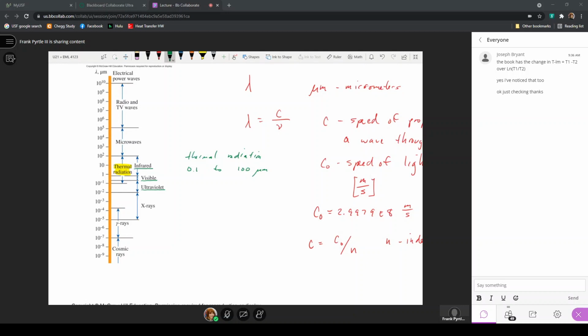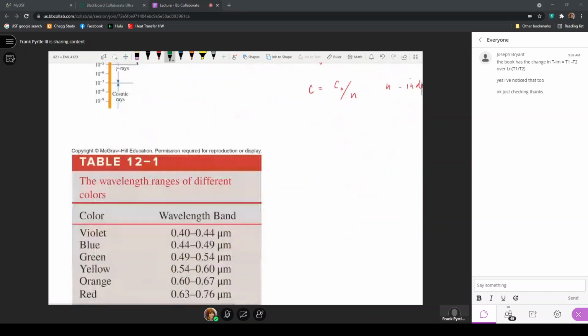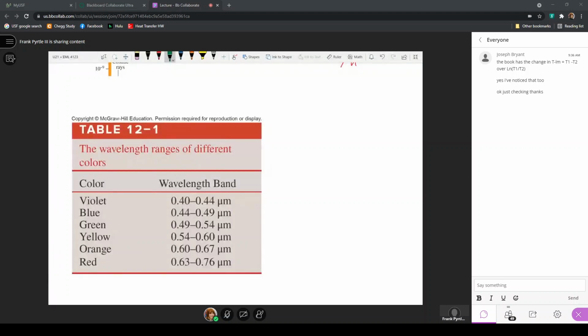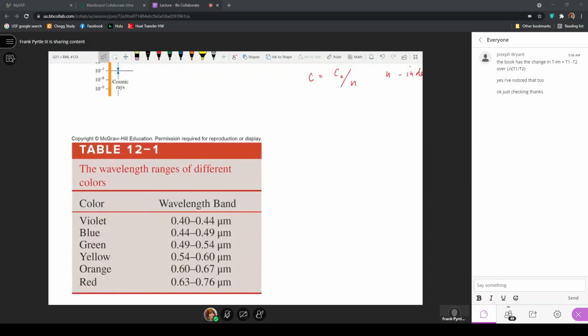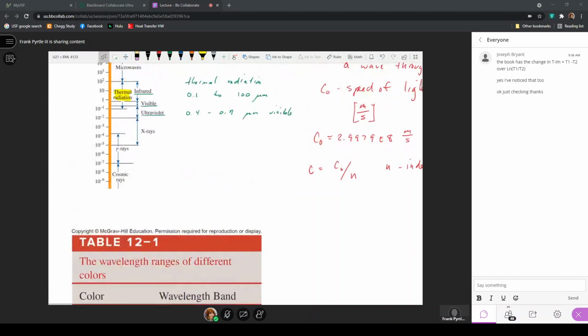So that energy emitted from surfaces that is not in the visible light range, that our eyes can't detect, but that will, let's see if I remember this correctly, this would be 0.4 to 0.7 microns is the visible. Actually, I think I have that here on the next one. Yeah, 0.4, and actually it goes all the way to 0.76, to not round it. 0.4 to 0.76